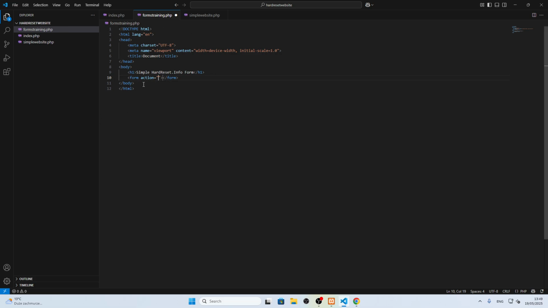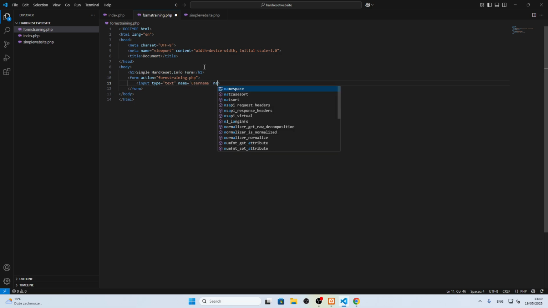Here, as you can see, if we open the form tag, we have the action. We have to enter here the name of our file, which is forms.training.php, or leave it the hash. If we leave the hash, it will automatically refer to our file, which is the forms.training.php. The action is for when we want to refer to any other file with the data from our form. So let's put it forms training.php. Now let's go into form here, and let's for example add input, type text, name,